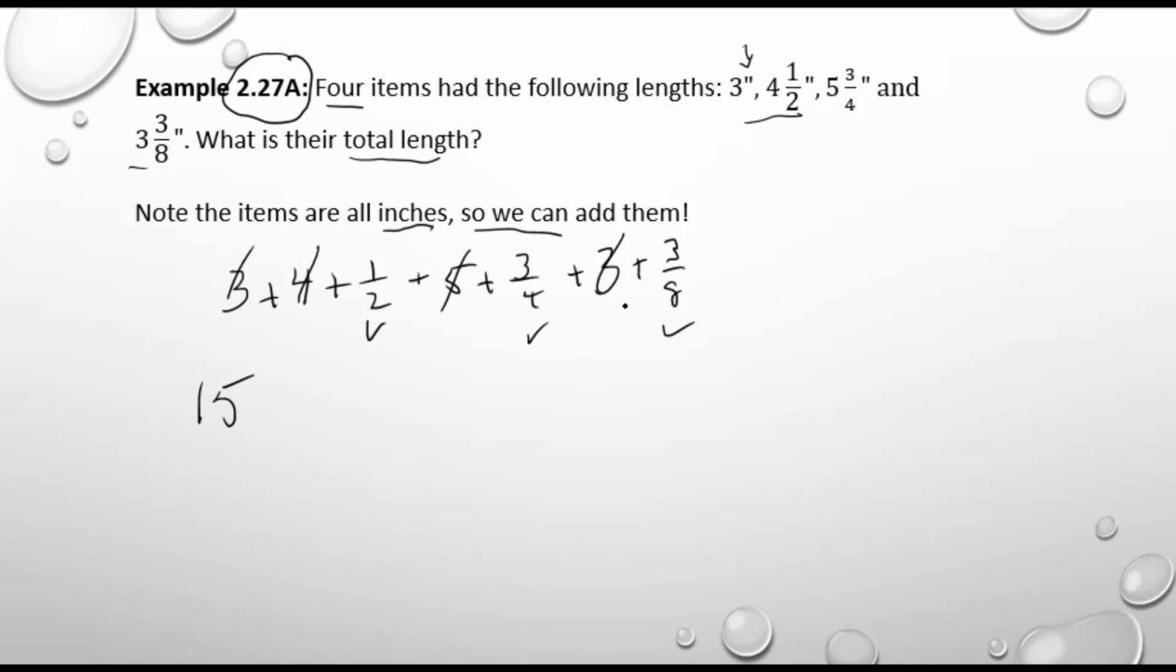The easiest thing to do is to change these into eighths, because 8 is a multiple of 4. In other words, 4 times a whole number 2 is 8. So that'll be easy. And 2 times a whole number 4 would be 8. So they're going to be easy to change into eighths. So I'm going to change 1/2 into eighths, and I'm going to change 3/4